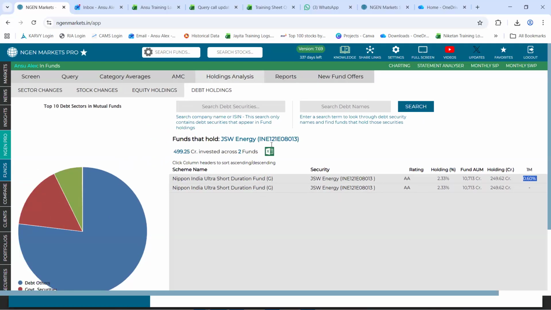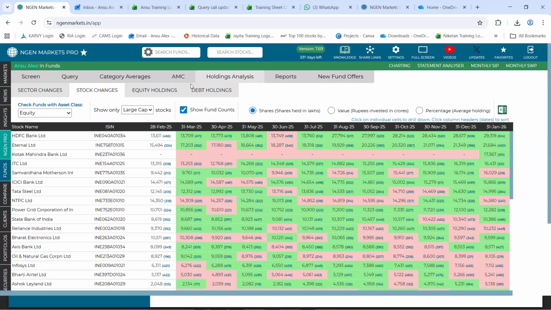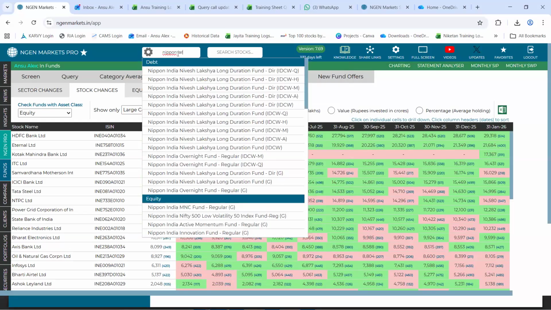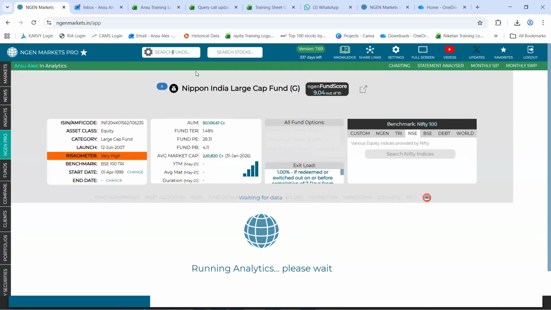Following that, now I will be taking you to a single fund analysis. Currently, what we had a look upon was on a sectoral level and on a stock level. Now we will be having a look upon a single fund analysis. How is the portfolio of a fund changing, which you can analyze in depth or in detail. So let's say I search for a fund from this search bar, which is, let's say, a Nippon large cap fund. So this is a single fund analysis that you can come across.